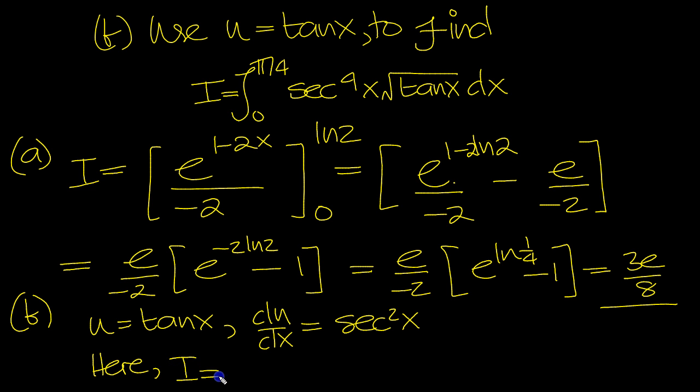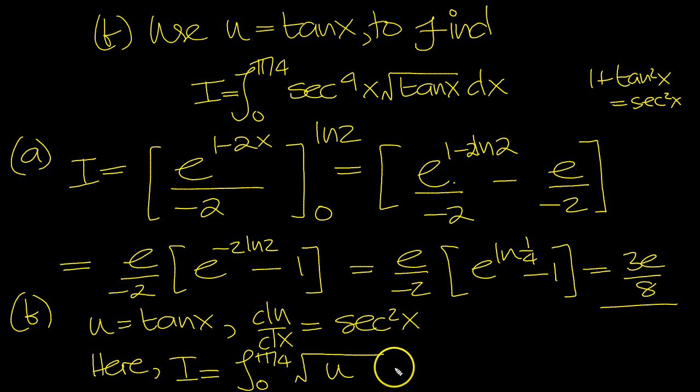I is equal to then the integral between 0 and pi over 4. Now we can use a substitution. So let's have a go. We've got root of u here, and that's that bit taken care of. We've got sec to the 4. Remember 1 plus tan squared is equal to sec squared. So we can replace this sec to the 4 by 1 plus tan squared, all squared, which is 1 plus u squared, that's u to the 4,